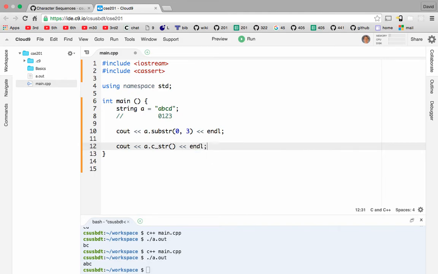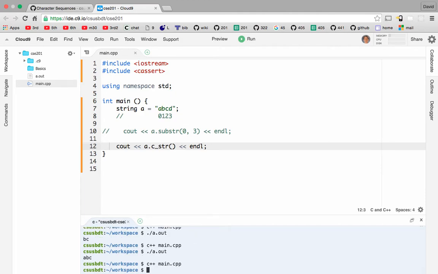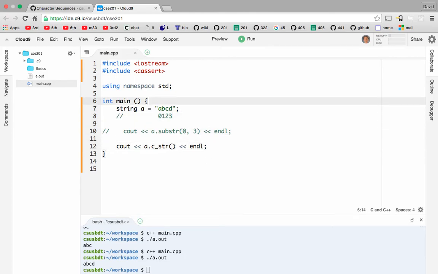We don't need it here, but sometimes when you need the old-fashioned C representation of a string, like a function takes a char pointer, then you pass it this. So if you had a function like this,